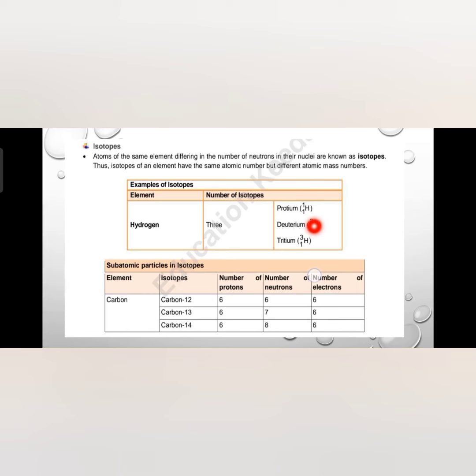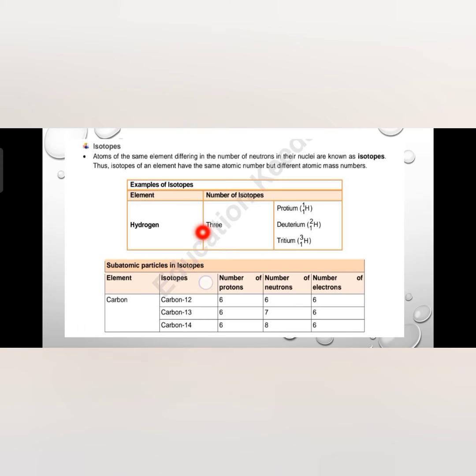Now, coming to the isotopes, it is noticed that two or more atoms of the same element may contain the same number of protons, but they may differ in the number of neutrons. However, the electrons are arranged in the same way, so they give the atoms identical chemical properties. Atoms of an element showing similar chemical properties but possessing different mass are said to represent isotopy, and the varieties of such atoms are called isotopes. Isotopes may be defined as atoms of the same element having the same atomic number but different mass number.